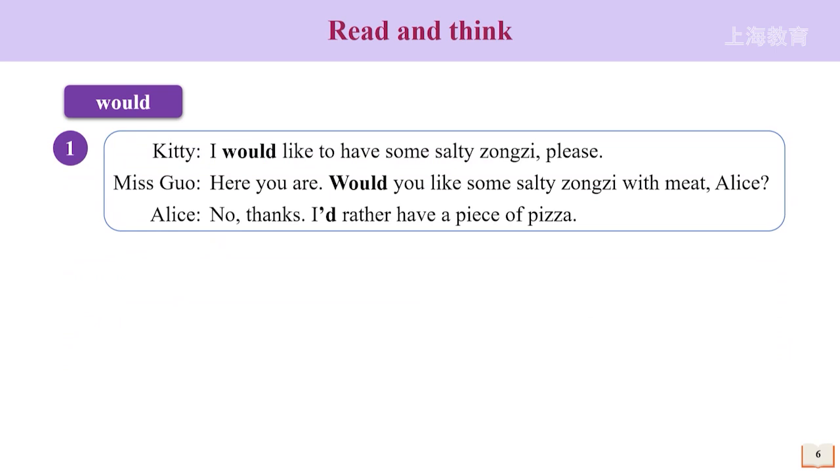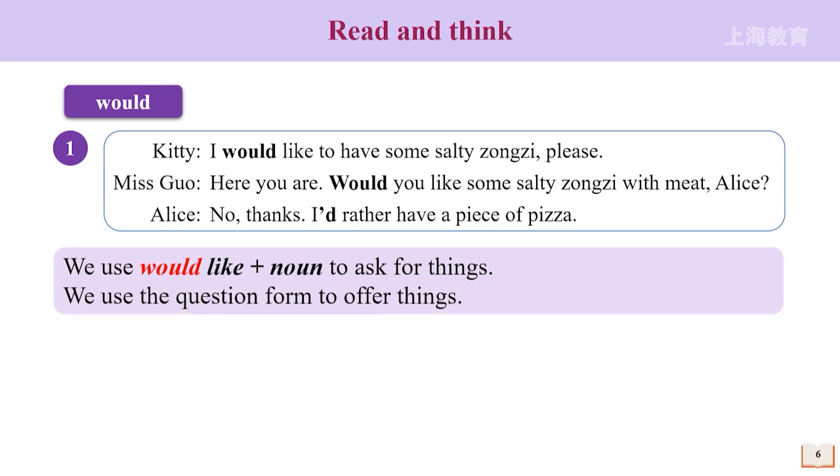Now, let's read some sentences and find out how to use these modal verbs. From the dialogue, we know that I'd like is a polite way to say I want. Would is a modal verb. We use would like plus noun to ask for things. Would like 后直接加名词，常用于表达对某物的需求。